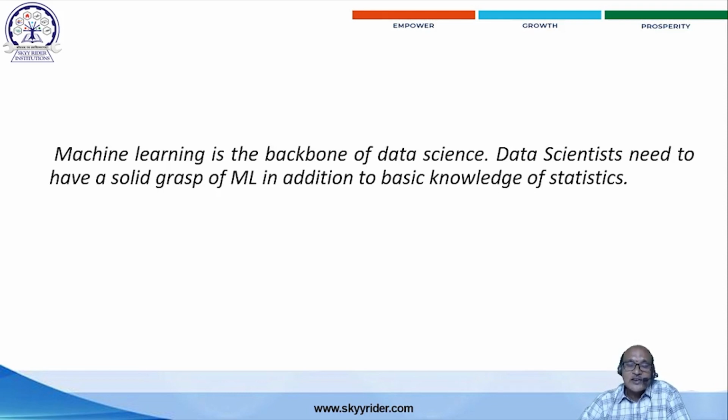Whatever applications the data scientist can implement, the basic knowledge must be in statistics. Those applications will be applied onto the statistics and will do some miracles. So it is one of the basic and backbone concepts of data science. Not only that, machine learning is a part of data science, and AI is also a part of machine learning. So it is interlinked.